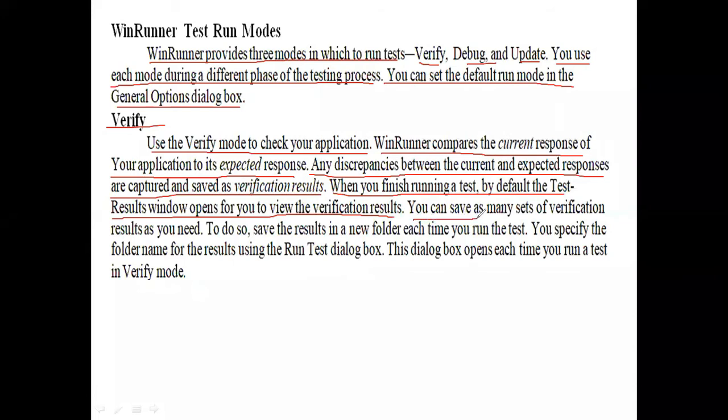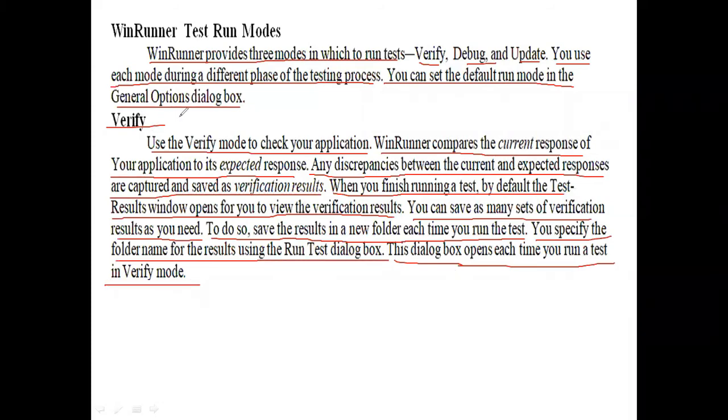You can save as many sets of verification results as you need. To do so, save the results in a new folder each time you run the test. You specify the folder name for the results using the run test dialog box. This dialog box opens each time you run a test in verify mode.